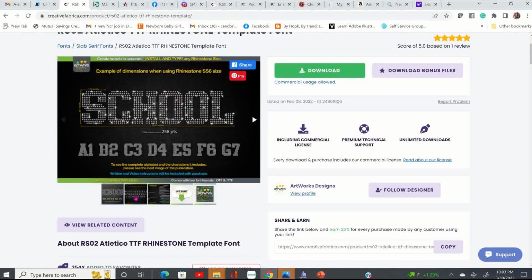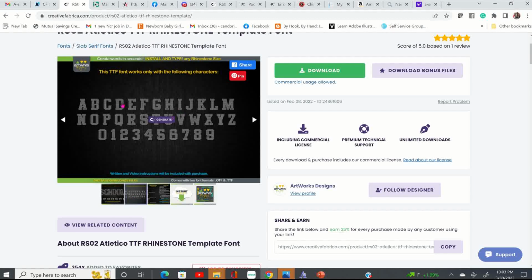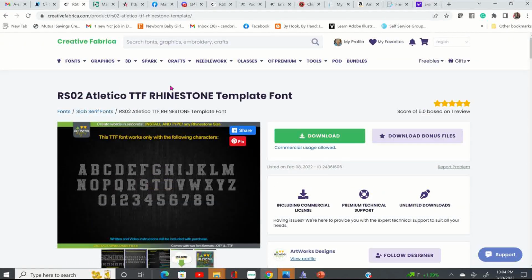You have an image down here that will show you exactly what letters and numbers you will get and what they will look like. And so you get the alphabet, and then you're going to get 0 through 9, okay, if you actually download this file. So I'm going to click on download,